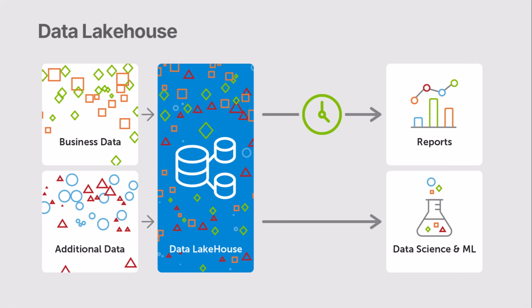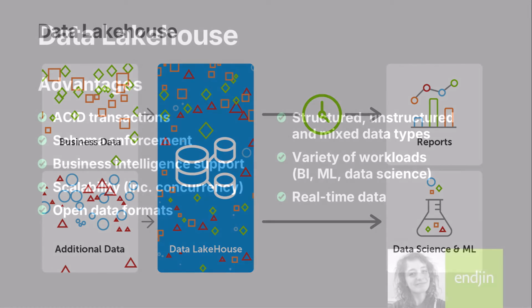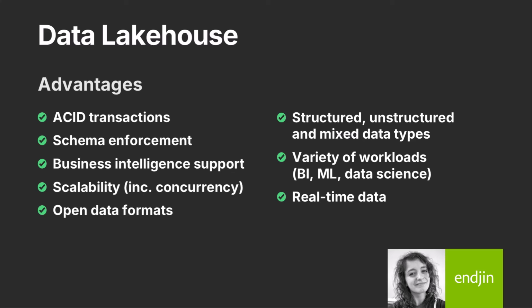In response to these challenges, a new architecture began to emerge, the data lakehouse. This can be thought of as a combination of a data warehouse and a data lake, hence Lakehouse, where you get the low-cost support for mixed data types, while still being able to access the data management features of a data warehouse. At the core of lakehouses are the following: ACID transactions, schema enforcement and governance, including audit and discoverability,